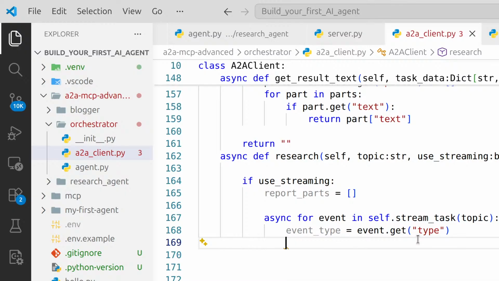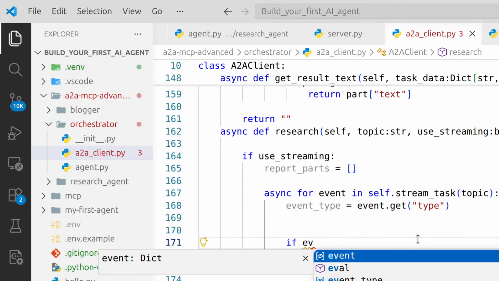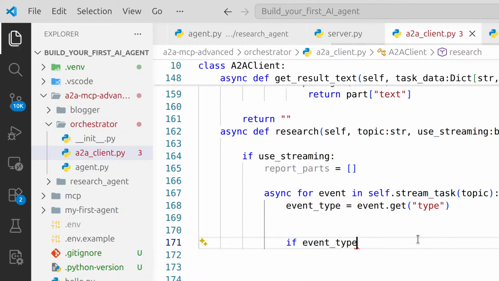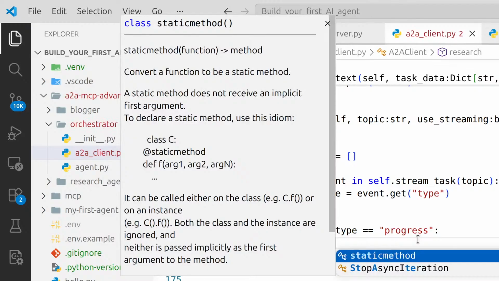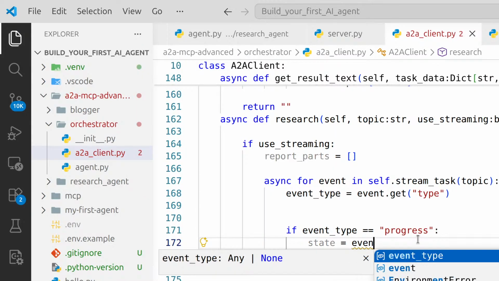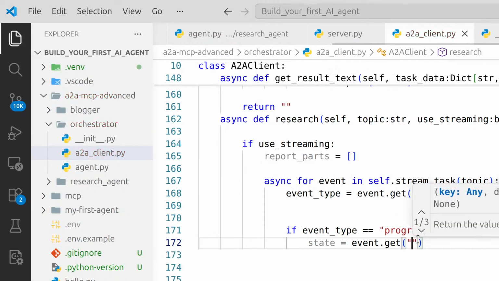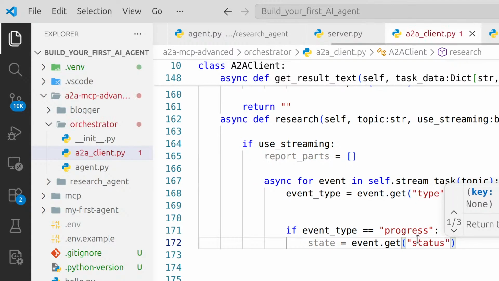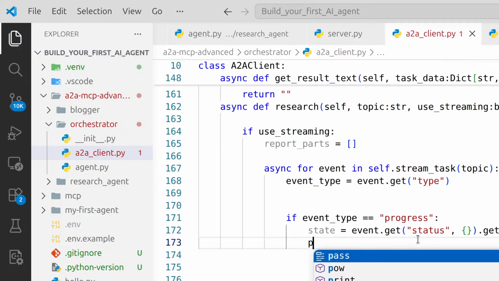If event type is equal to progress, then state is equal to event dot get status. If it does not get, then empty dot get state of that. If it is not, then return empty here,